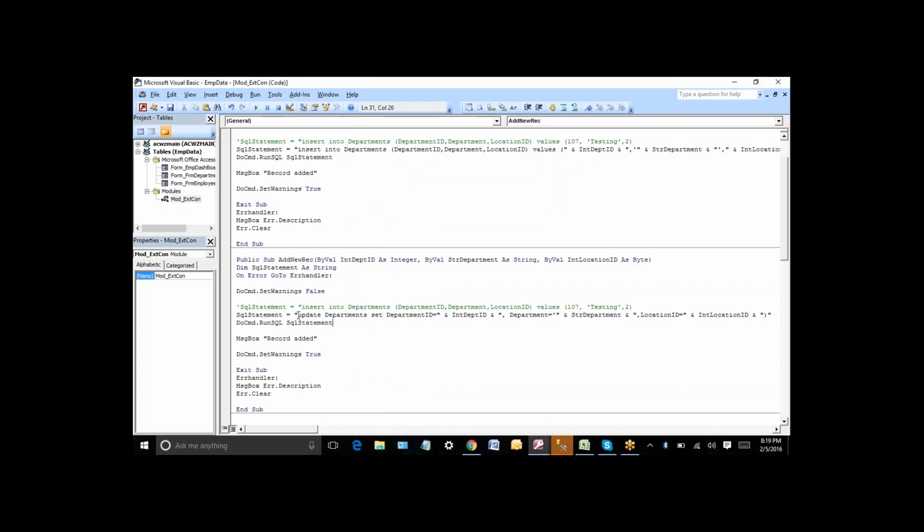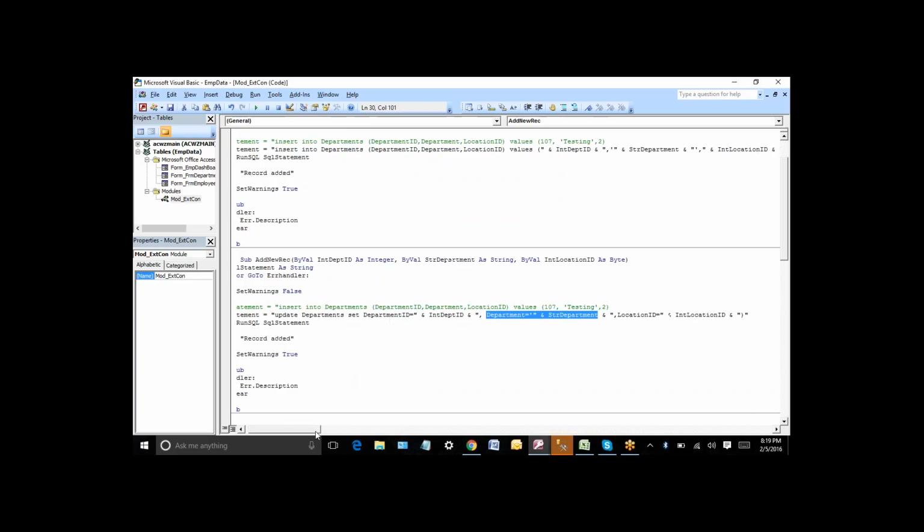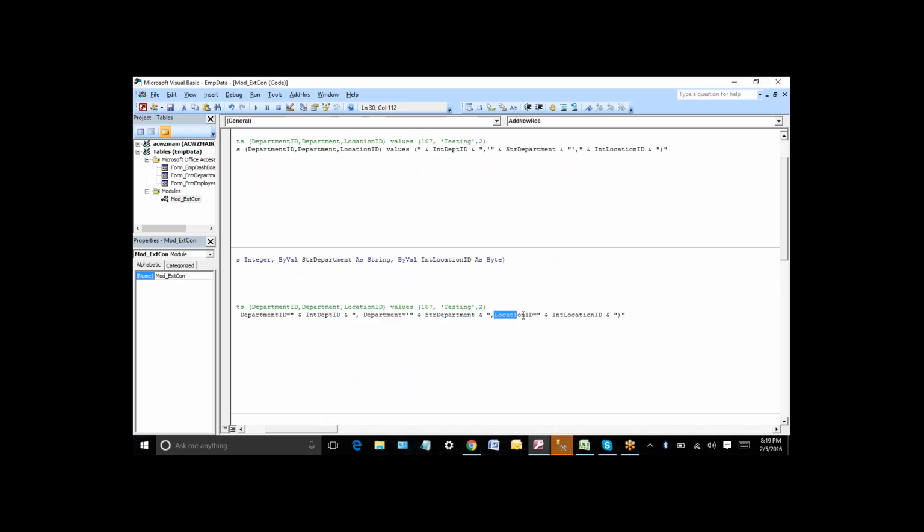Right, this is the SQL statement, right? Update table, set column is equal to value, column is equal to value, column is equal to value, and we need a where condition for updating, otherwise it's going to update all the records. Where